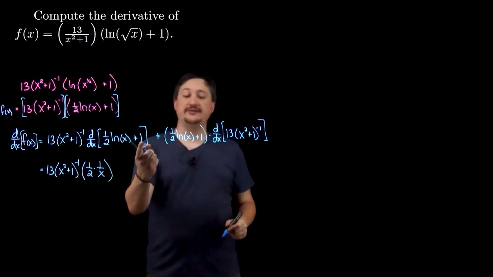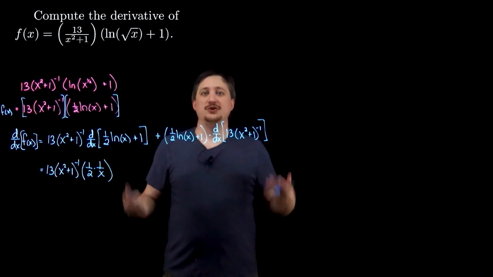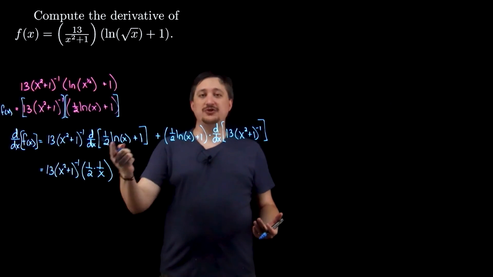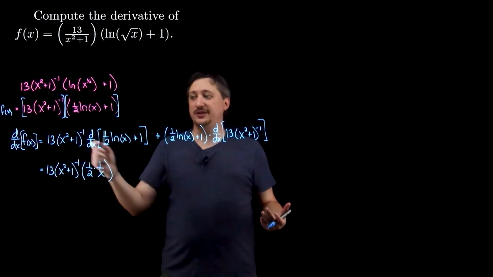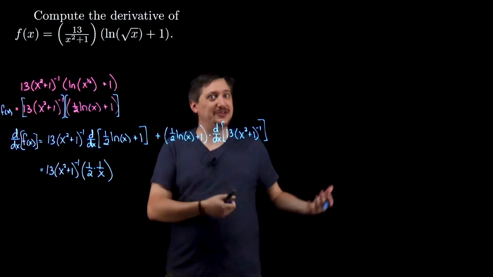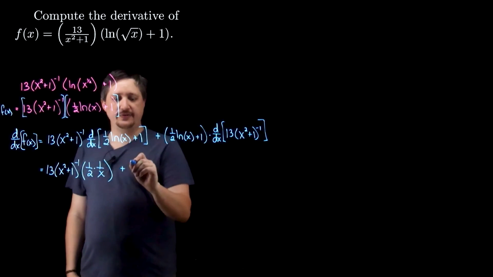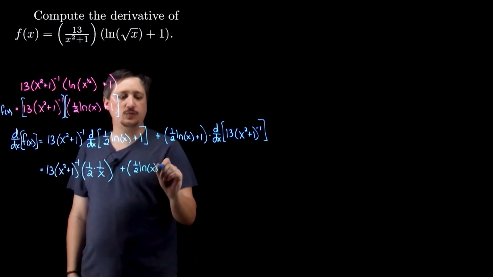This is a coefficient, this is a constant, and that's an important difference, right? Derivative of a constant goes away, becomes 0. Derivative of a coefficient, the coefficient just slides out of the derivative and you deal with whatever else is there, which is why it's important it's a coefficient, right? There's something else there. All right. So then I have this thing stays the same. So 1/2 natural log of x plus 1